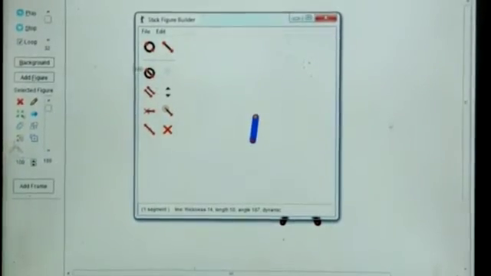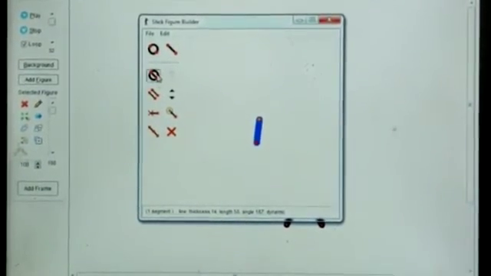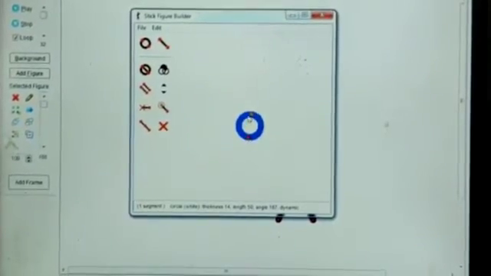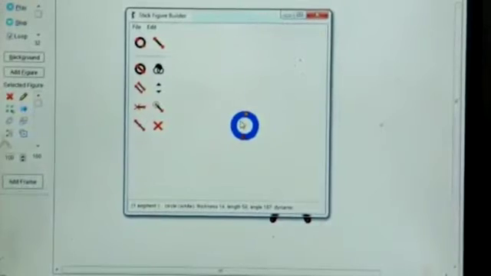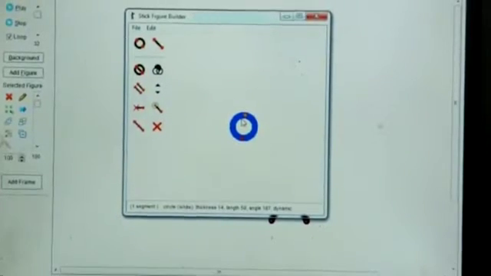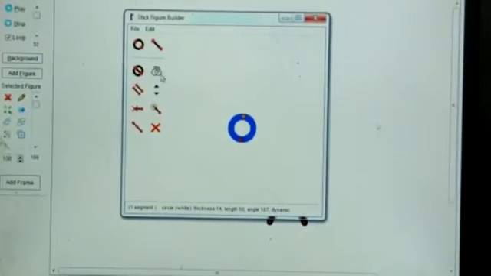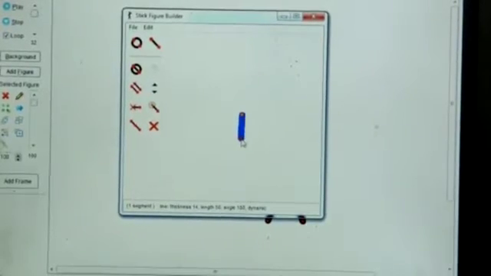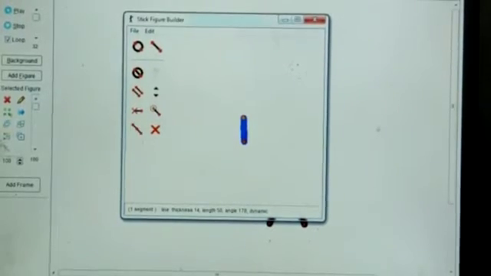Now we are going to learn about toggle segment. What is this toggle segment, children? If there is a line, you can change it to the circle. By toggle segment, you can change it to segment. Again, if I select toggle segment, it changes to the line. If there is a circle, it changes to line. If there is a line, it changes to the circle.